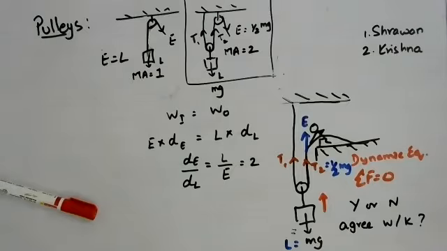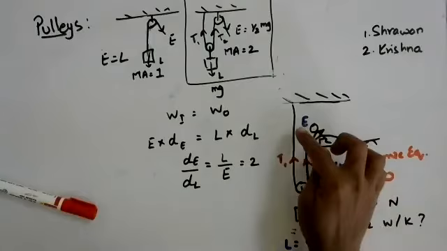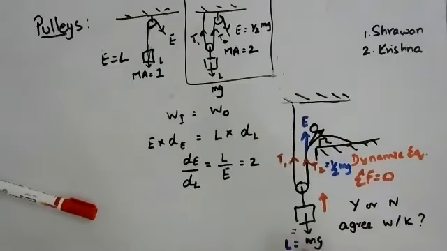But there are a few who said that I know it is supposed to be like this, but I'm not very sure why it is like that. So I'm asking if any one of the students can explain this. Why is it that when the effort is pulled up by say 1 meter, the load will go up only by half a meter? How do you explain that? What's a good way to convince others that it is going to be so, other than of course demonstrating?